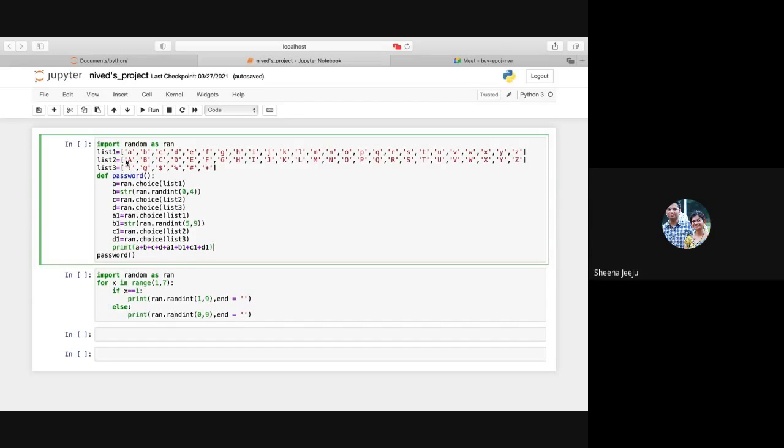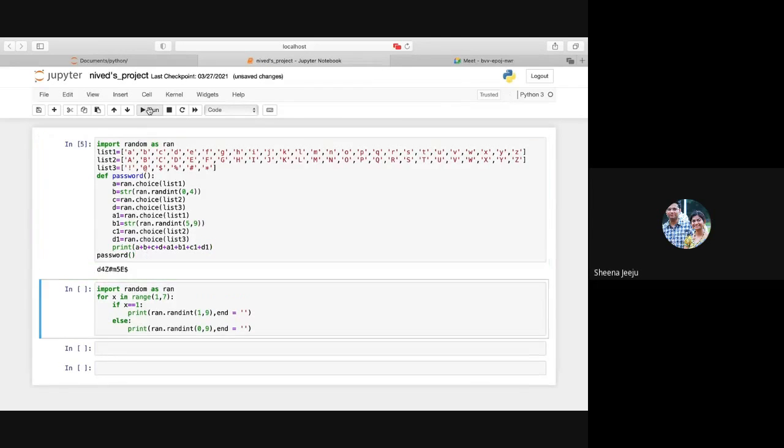Similarly, A1 will take a random letter from list 1 again. B1 will take a random number between 5 to 9. C1 will take a random letter in list 2, and D1 will take a random special character in list 3. And here I've printed all the variables, and I've called the function. I'm going to run the program.